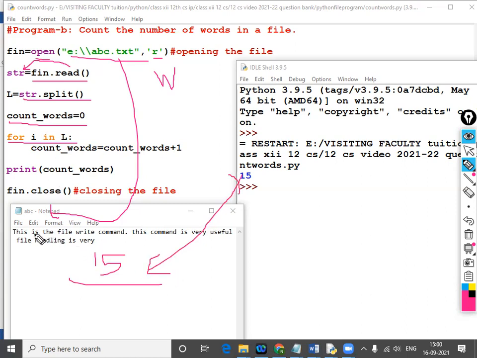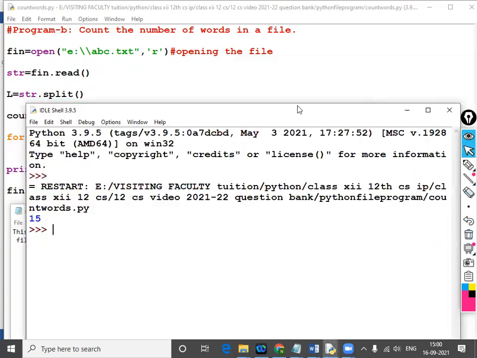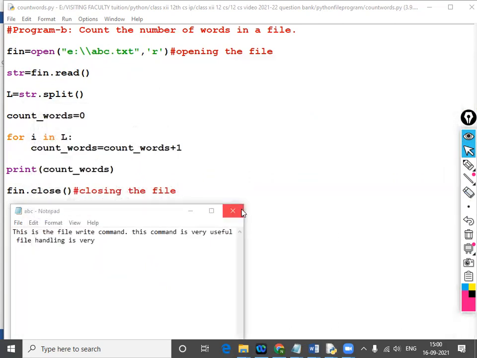So how to split it? It will split through space. एक आ रहा है L, पहले L से split हो गया, फिर एक count हो गया. फिर again split is the splitting thing, जहां जहां से split हो रहा है वो सारे लेके L में आके count कर. That is the most important thing. Close it.